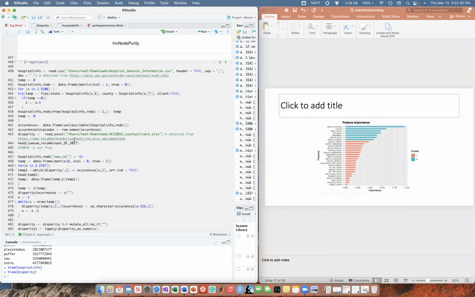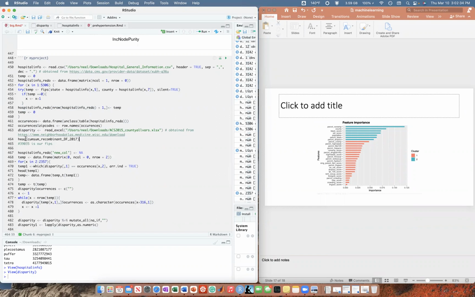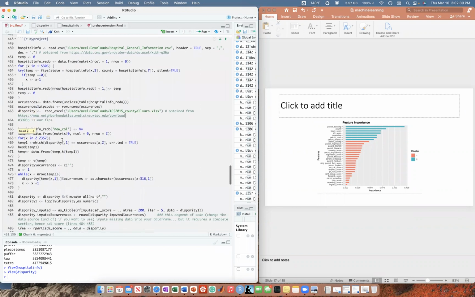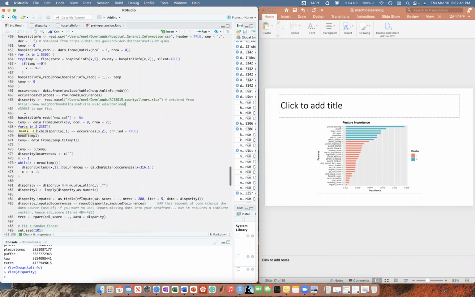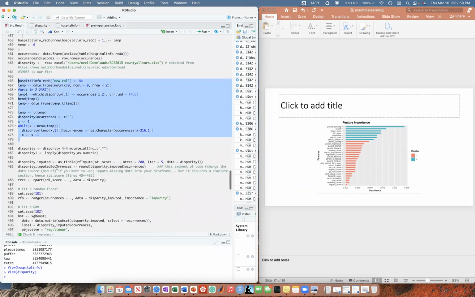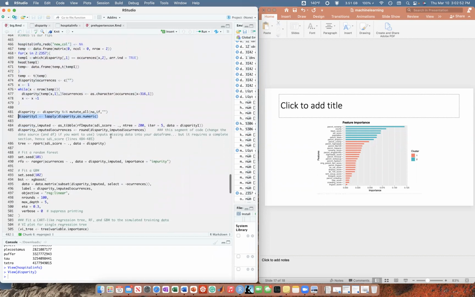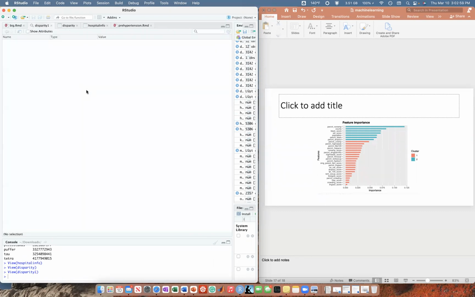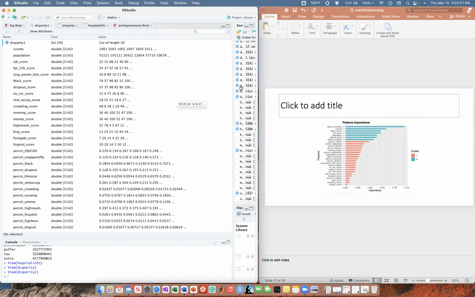I took the disparity index and put it into R. Oh, I guess that code's not important. Anyways, ignore that. This just said, make a new column. Anyways, this code's not important. All this code basically did is count how many occurrences there are. Okay, so now with our final data set called disparity one, let me see if I can find that. So this is not it.